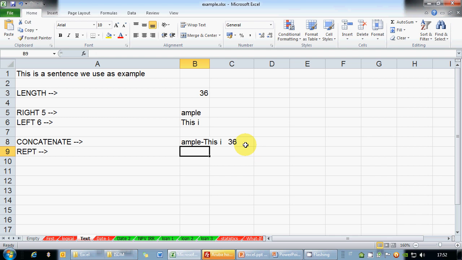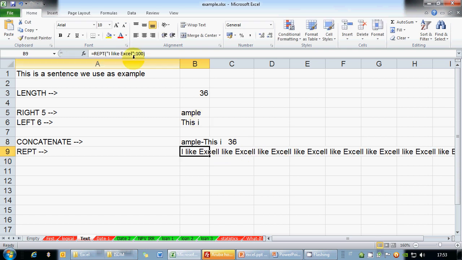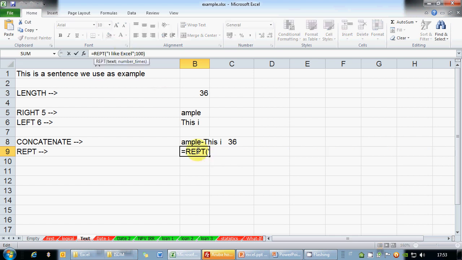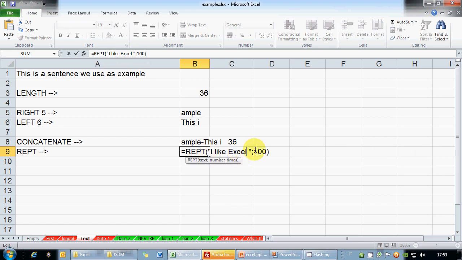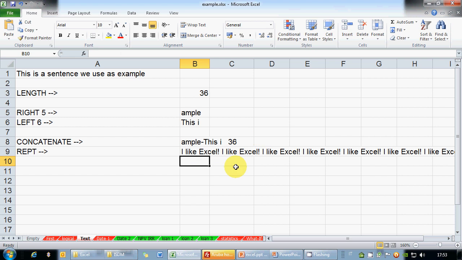REPT simply repeats the same text over and over. Suppose I ask you to write, I like Excel, 100 times. Well, you can type it with your hands, but much easier. I like Excel. I like, well, there is a little problem. You can see I and Excel are stuck together, so we put a space after Excel. So, oh, you put an exclamation mark also. Okay, much better. Okay,